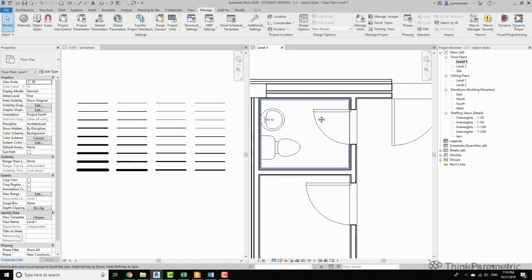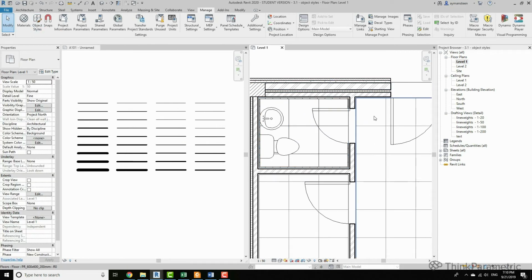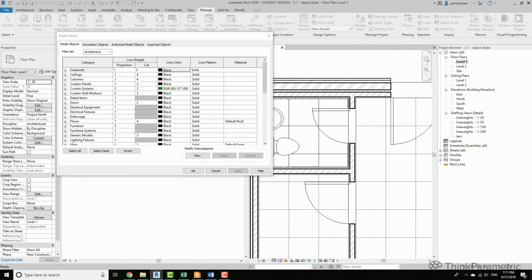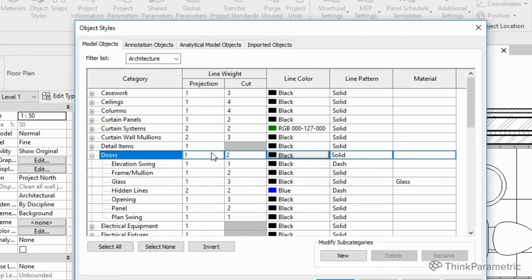Now let's zoom in to this toilet and change how floors, doors, and plumbing fixtures will look. If you go to doors, you can see that the projection line weight is 1. Let's make it 2.